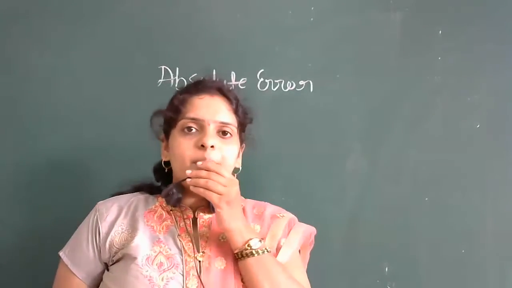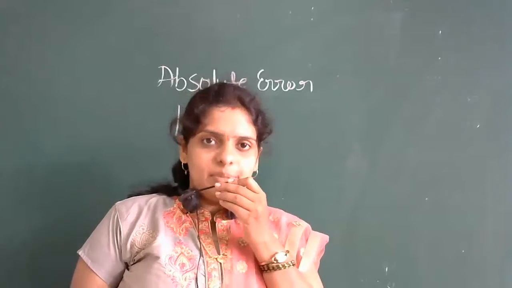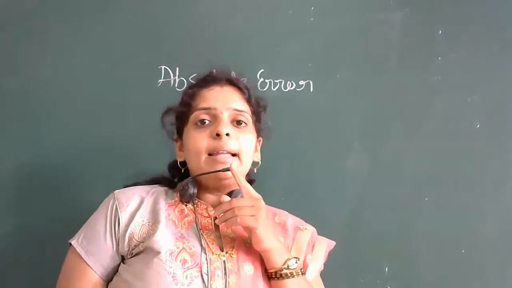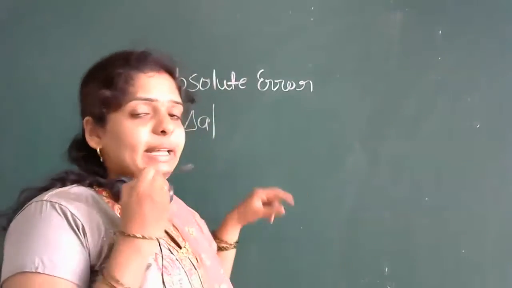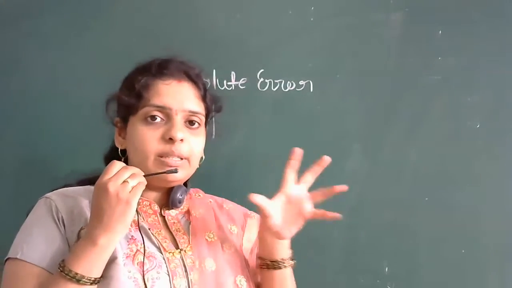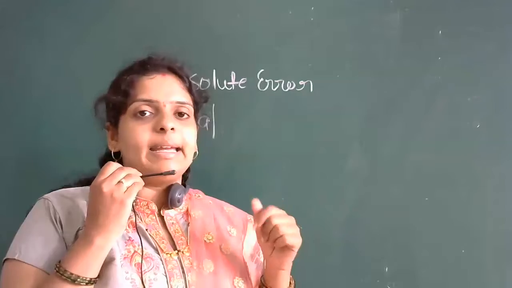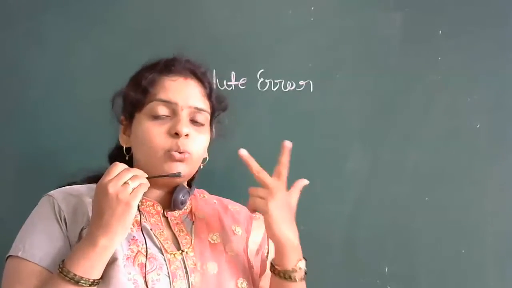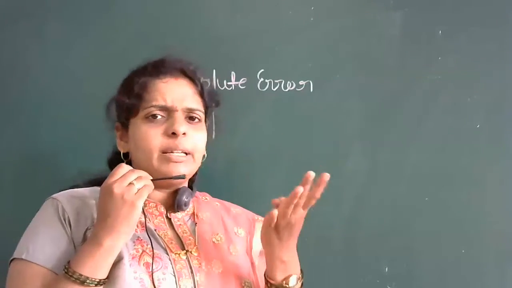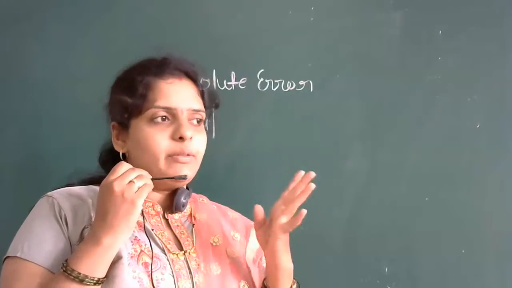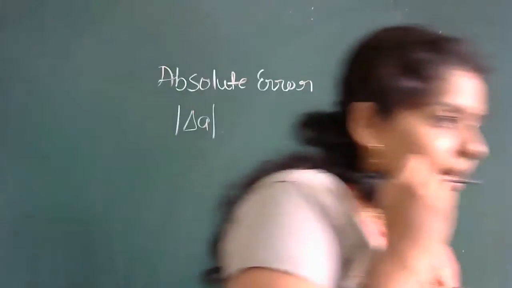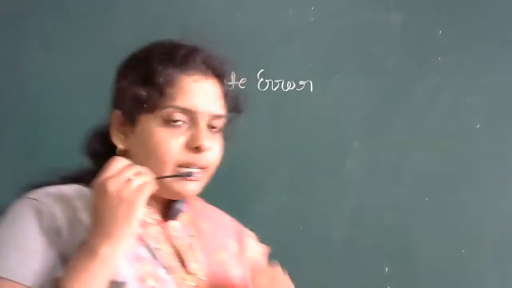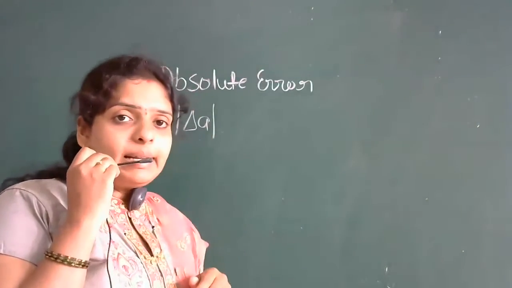Yesterday I took numbers and I explained this absolute error to you. Today I'll explain it in general. In general, in the sense, I am taking those numbers, whatever 3 terms, 4 terms are there, I'll take it as A1, A2, A3, or you can take 4 terms also, A1, A2, A3, A4. I'll take 4 terms and explain this absolute error. Yesterday we used numbers, so today I'll explain with the help of alphabets.